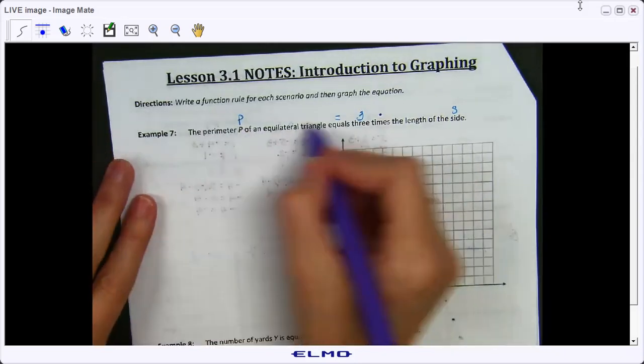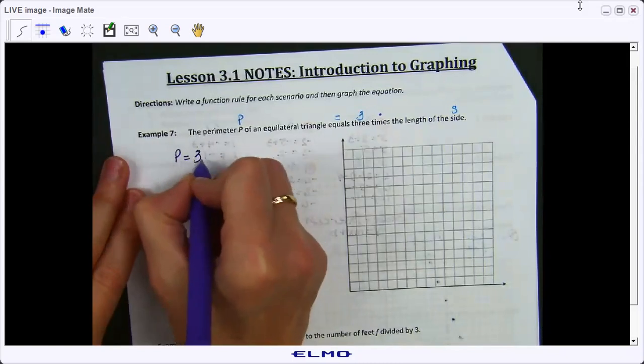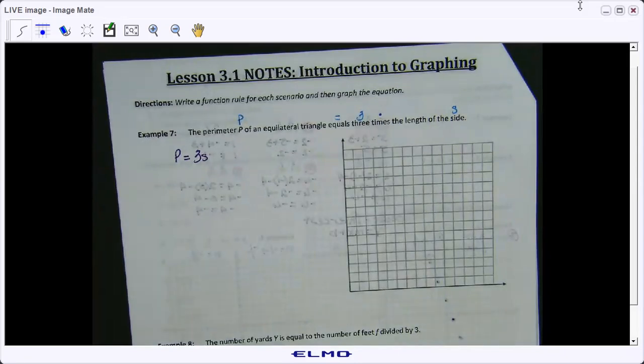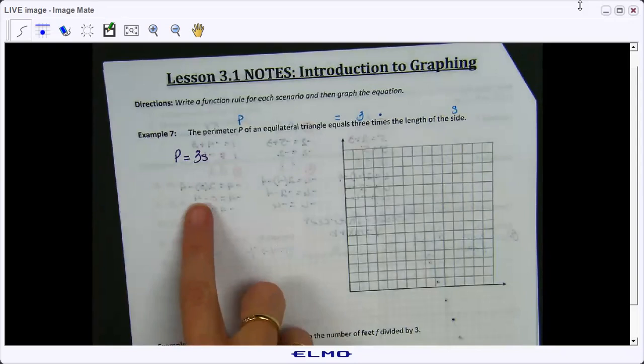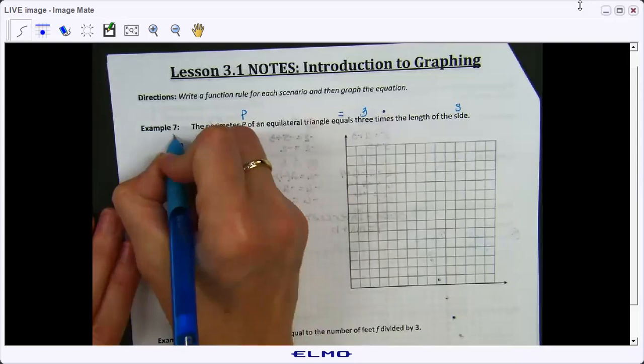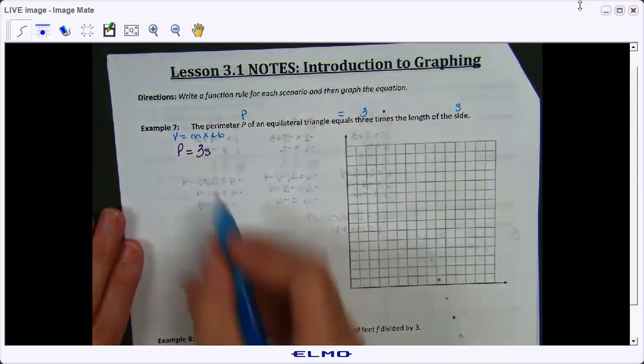So I'm gonna rewrite this equation right here. P equals 3S. Now, I don't like to use S's, but in this case, we are. I could have used L. Okay, so now I want to ask you a question. This is a slope-intercept equation. We're just not using y and x. So if my slope-intercept equation is y equals mx plus b, right? Must be,